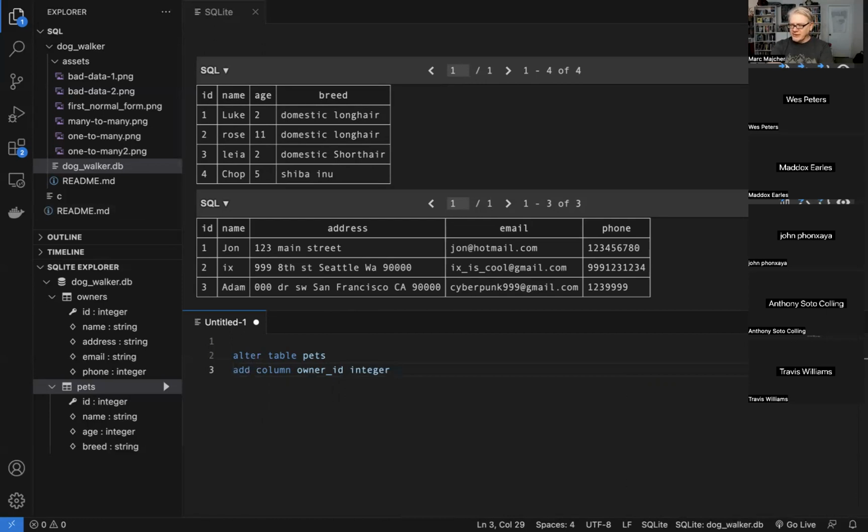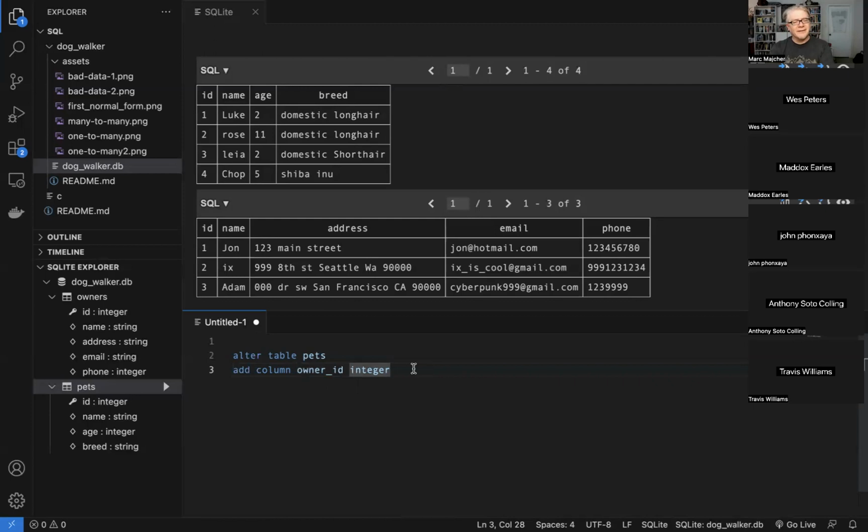And I'm also going to call it, can I do that in SQLite? No, I think I have to do it the other way around. I think I have to say add column.